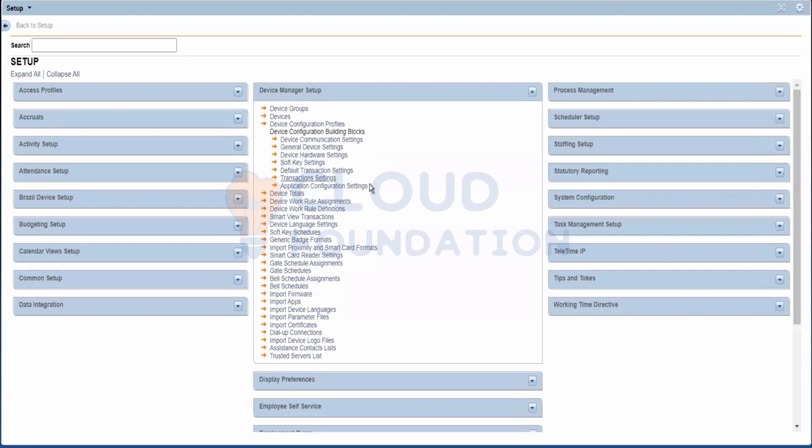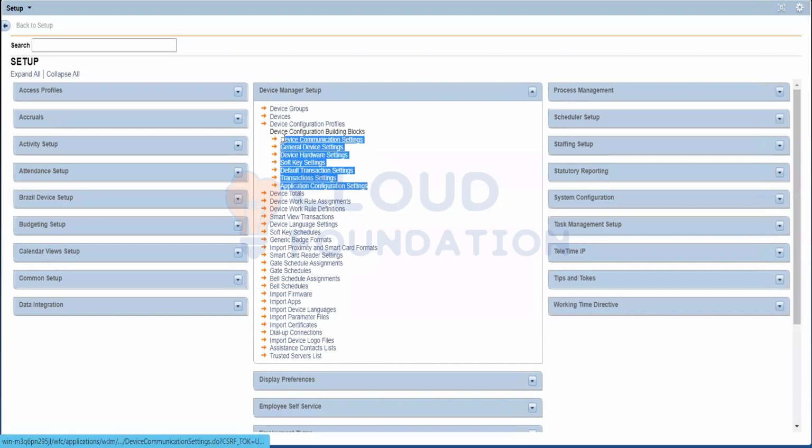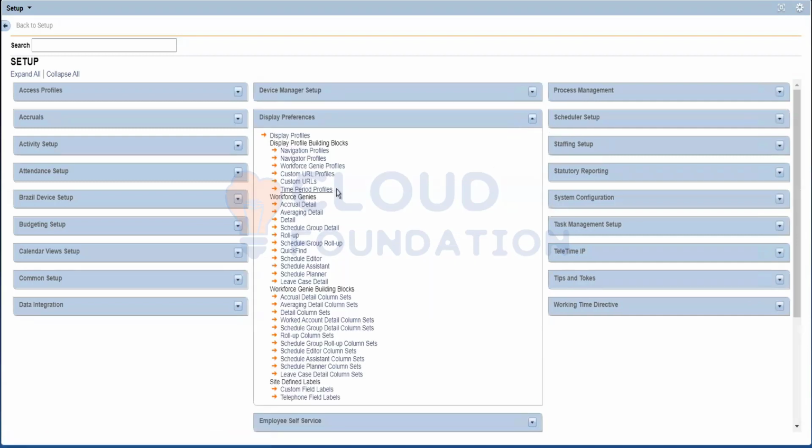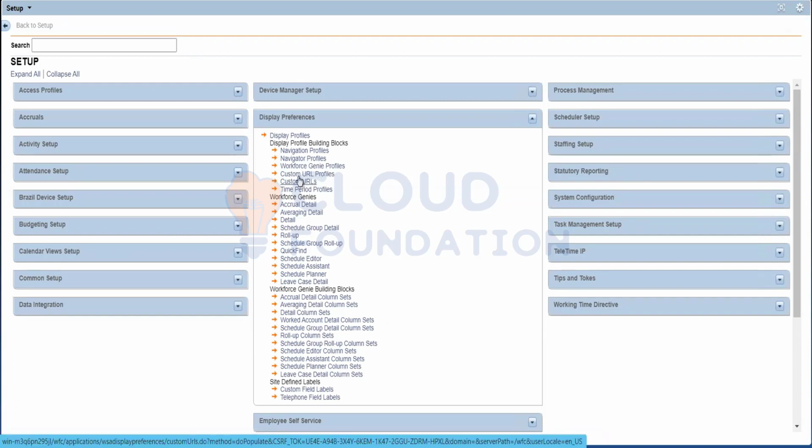So first, let me take you through these items. This is device, right? Sorry, display. What about these? Yesterday, we just had an overview on what is custom URL, what is custom URL profiles, right? Just a heads up, this is just about controls. So when you use mobile and click on a particular option, where it will take you, that's about this